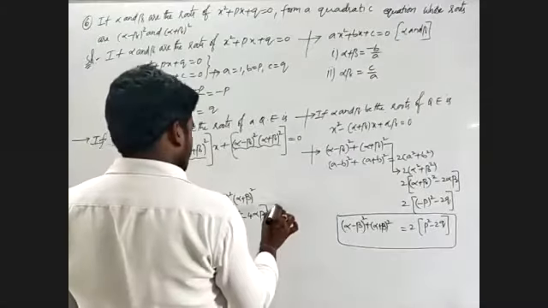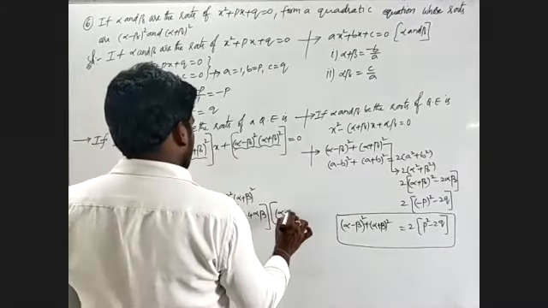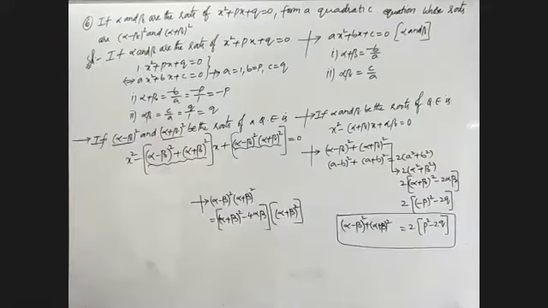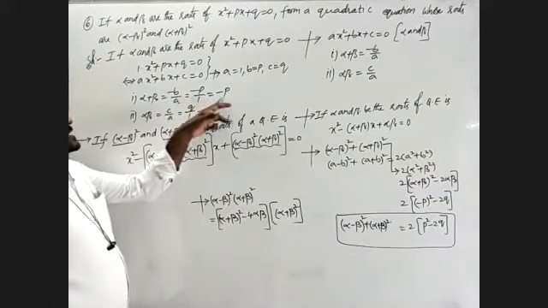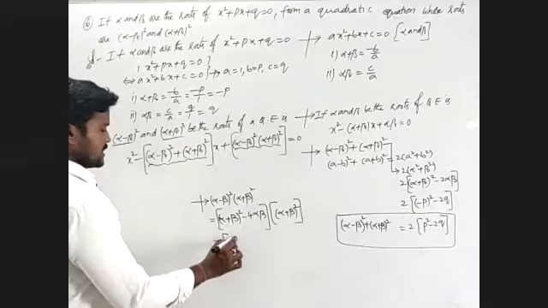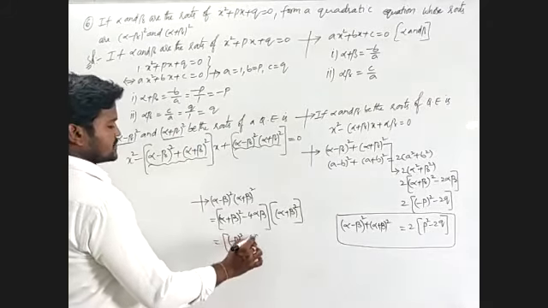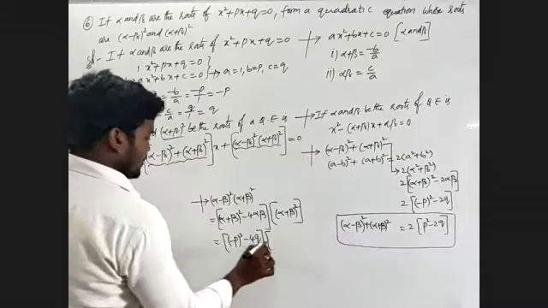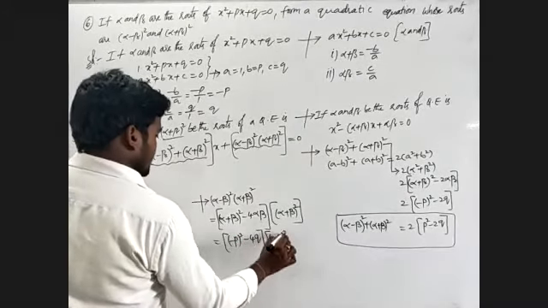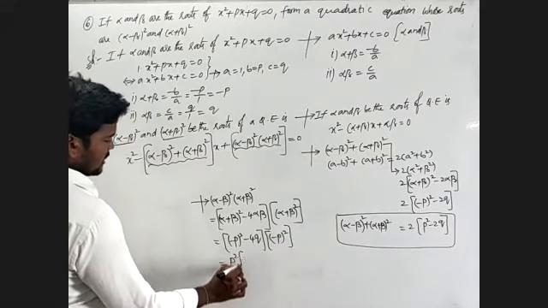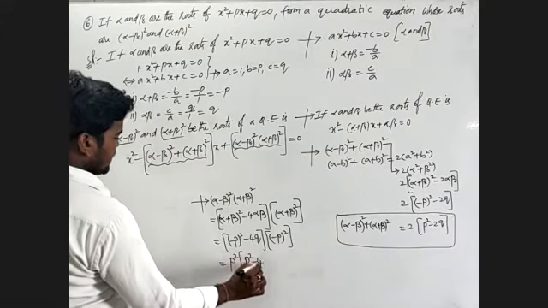Again, we'll write in this one alpha plus beta whole square. We have to substitute their values where alpha plus beta is nothing but minus p and alpha beta is q. That I will write (minus p) whole square minus 4q, where given alpha plus beta is minus p whole square. Again, we have to expand in this one: p square into (p square minus 4q).